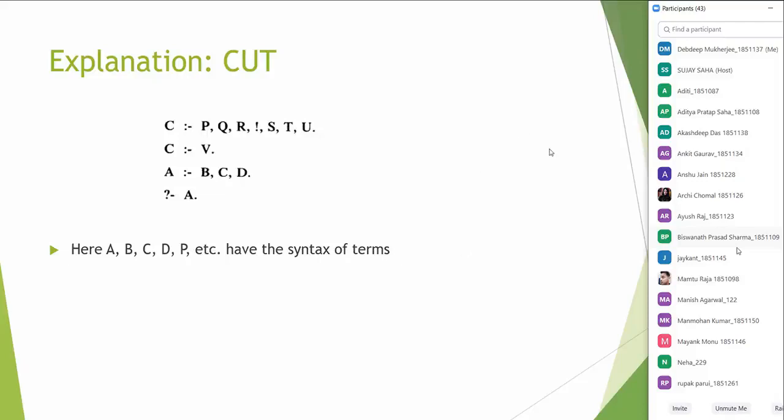Is the explanation okay that I have given? Yes, understood. Okay, fine. Very good. Now, if the idea is clear,